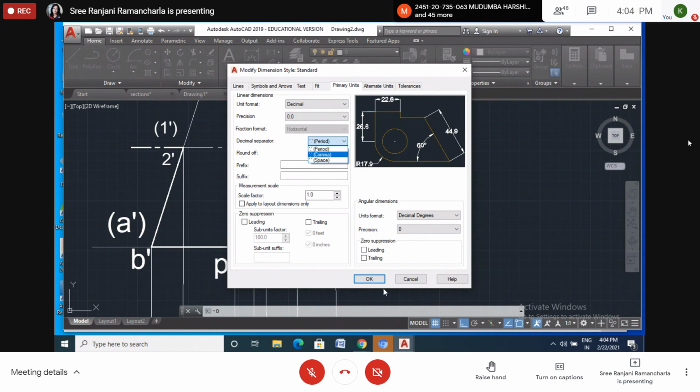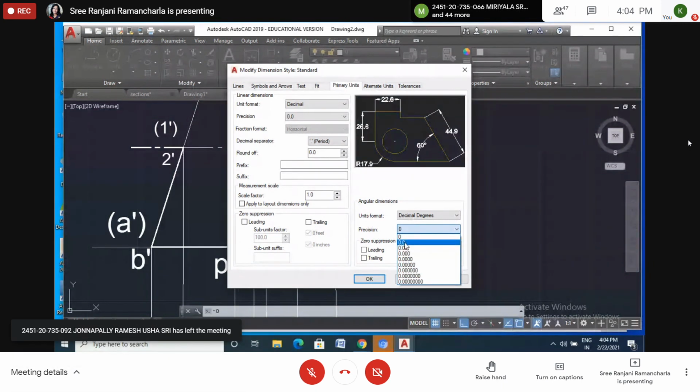Okay, now this is normal degrees, let it be. And this also is degrees, decimal degrees only. And here also I want to change the precision. If we want to measure any degrees, like in projection of lines where you were asked to find out degrees, alpha, beta, theta, gamma, all of these. So for that one this is compulsory.